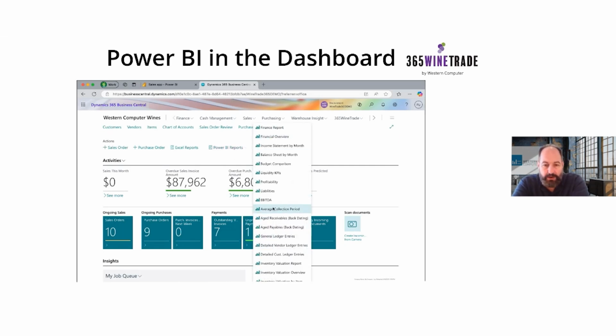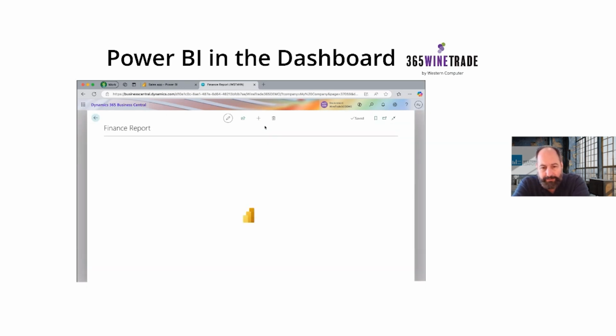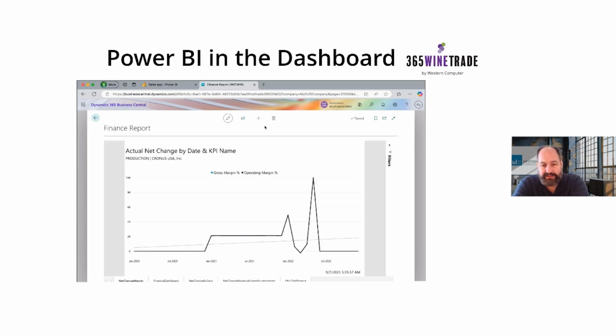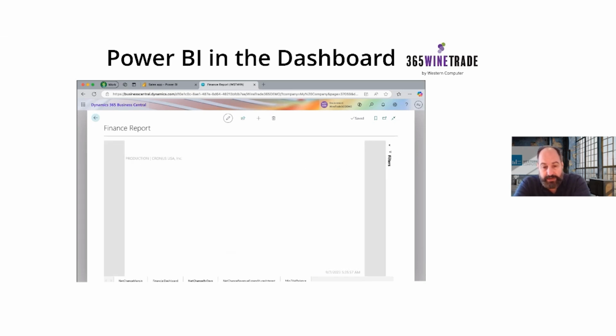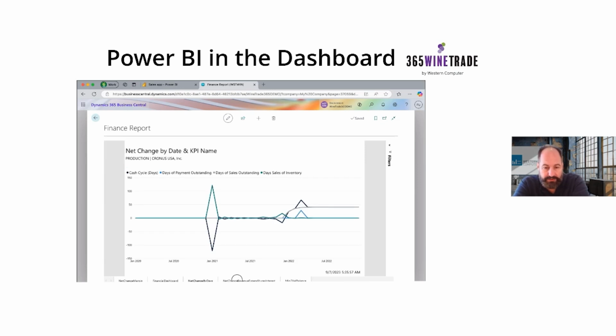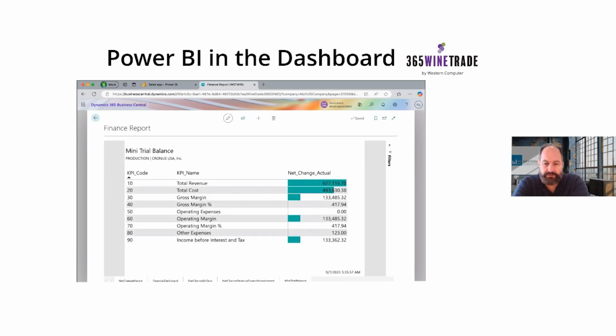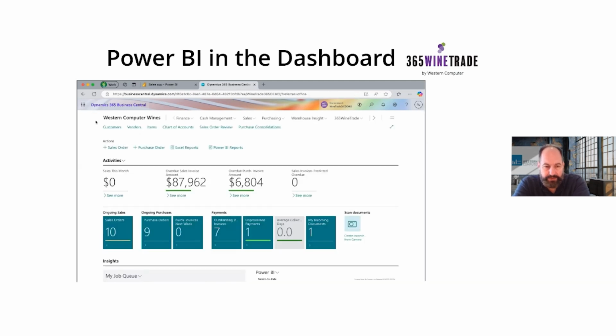So we're looking at right now a list in your WineTrade dashboard of all the Power BI reports available to you. I've just picked one set of Power BI reports that we can look at in our WineTrade dashboard. You'll notice there's a filter panel over on the right,